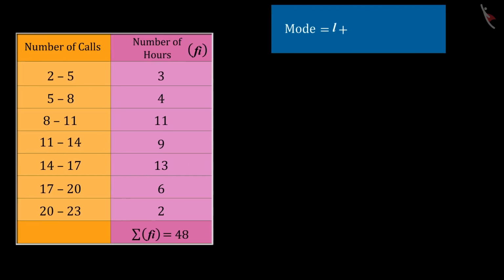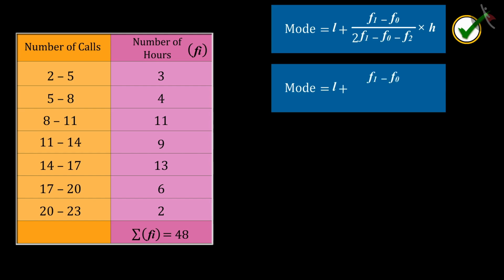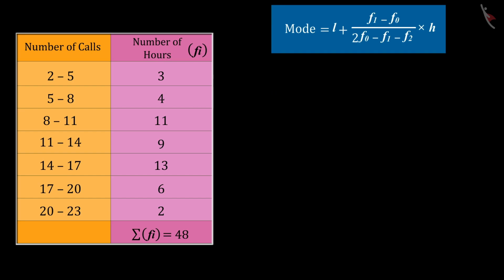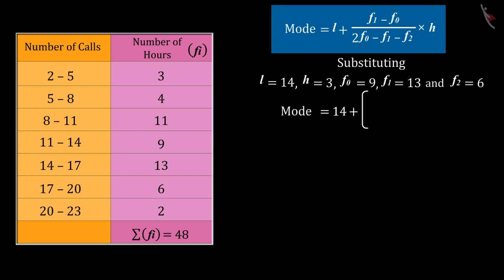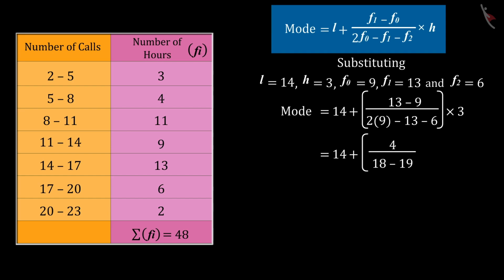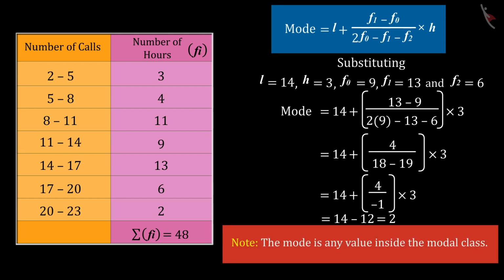Because in the modal formula, instead of L plus (f1 minus f0) upon (2 times f1 minus f0 minus f2) multiplied by h, you substituted L plus (f1 minus f0) upon (2 times f0 minus f1 minus f2) multiplied by h and solved on the same basis, which upon being solved gives the value of mode as 2, which is an incorrect answer because the value of mode is any value